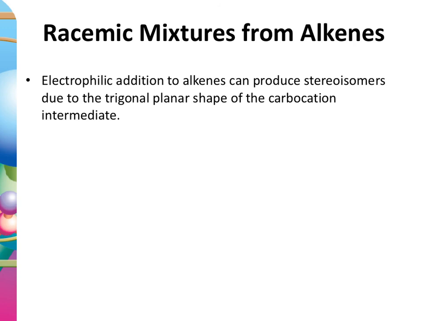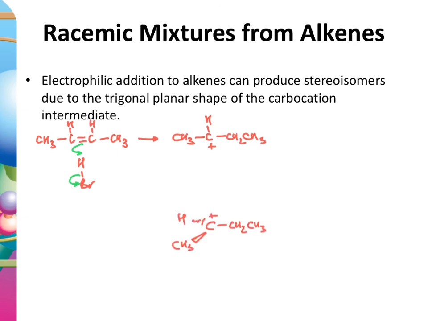Okay, so let's look at an example. I'm going to draw butene, and we're going to have it reacting with HBr. So we're going to have the pi electrons attack the delta positive hydrogen of HBr, and then the electrons covalently bonded between the hydrogen and bromine are going to move onto the bromine. That gives us the following carbocation intermediate. If we look at that and consider its actual three-dimensional shape, it's going to look like this. We can see that it's got a trigonal planar shape around the positively charged carbon, and that means that our bromide ion could actually attack